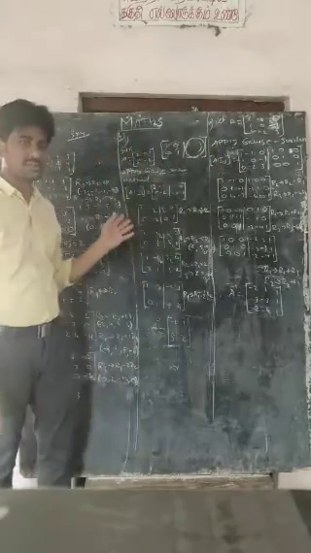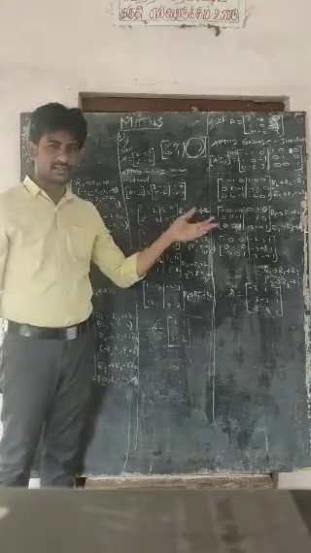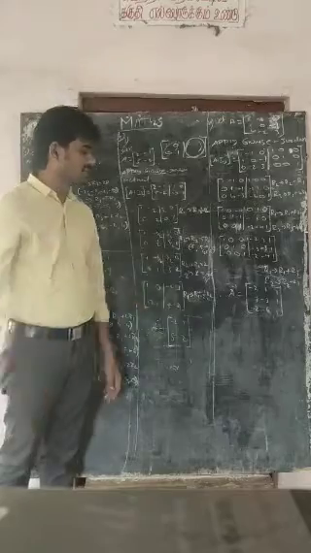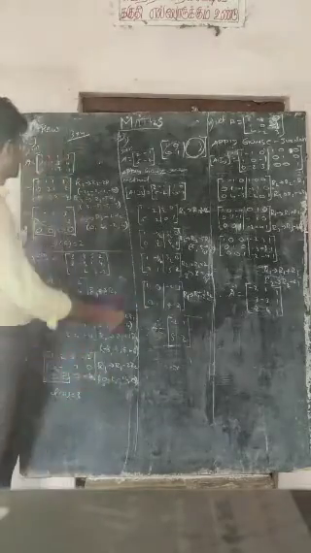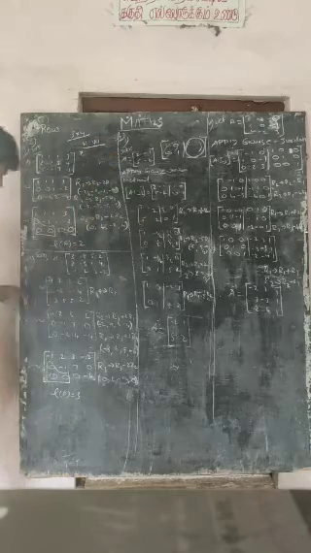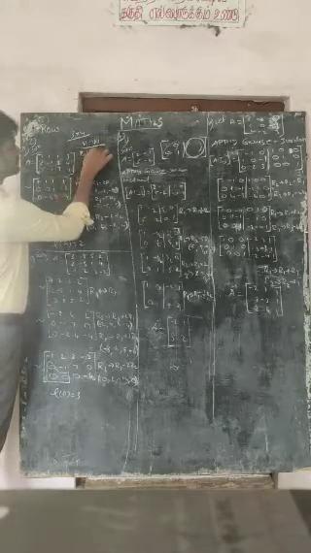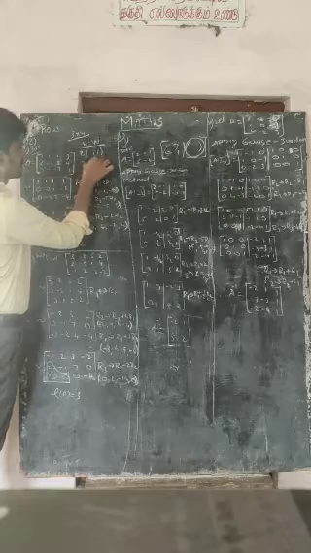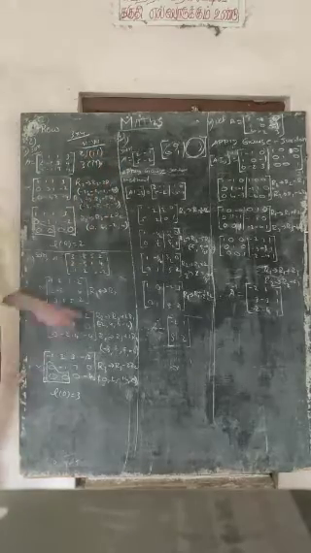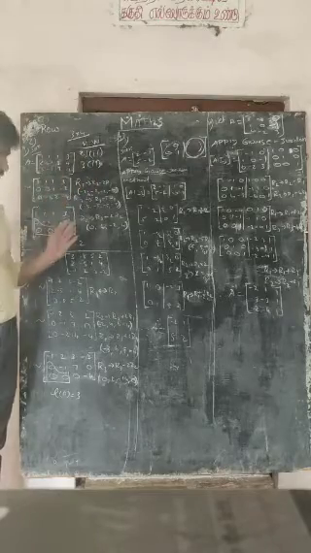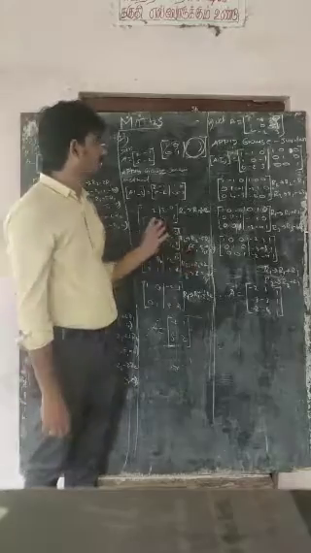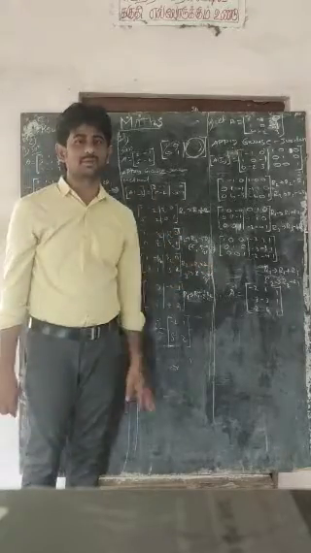So by using the Gauss-Jordan method, we can apply this method to find the inverse. Okay? So in this, the third question's second Roman numeral is homework. So the homework is question number 2, Roman letter 2, and question number 3, Roman letter 2. These two will be homework. The second question is finding the rank using the row reduction method, and the third question is finding the inverse using the Gauss-Jordan method. Okay? Thank you.